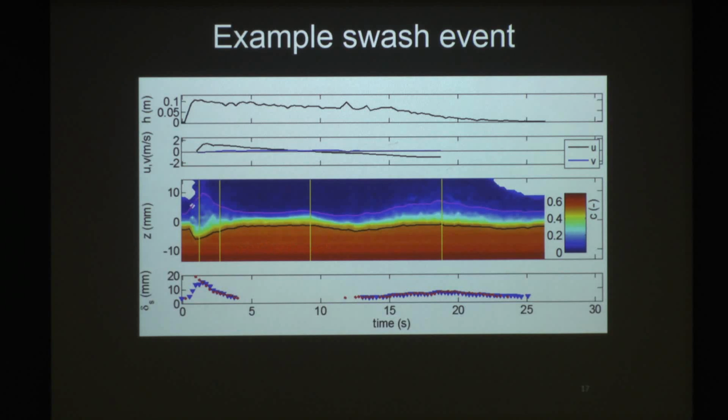The next panel shows the sediment concentration as a P color. And the concentration is again in meters cubed per meters cubed or volumetric. And when the wave or the swash first comes in, we notice an initial drop in the bed level. So the bed level here as function of time is identified by the black line. The top of the sheet layer is